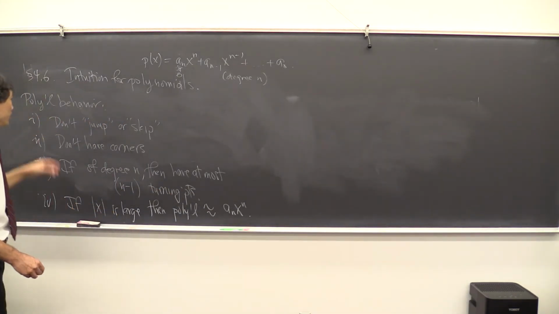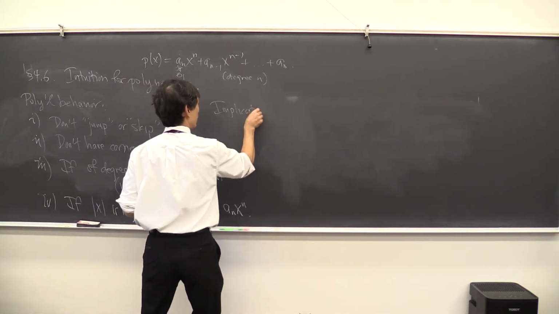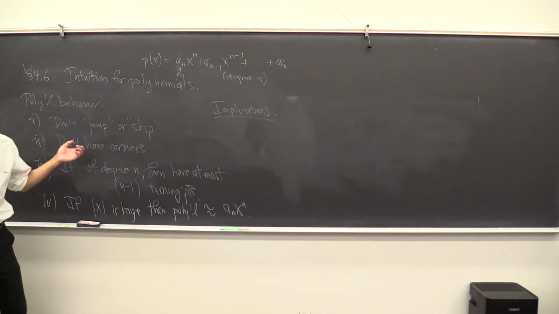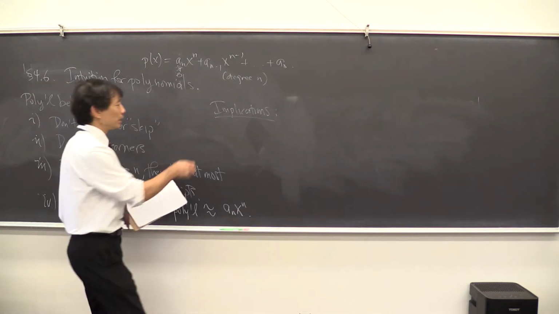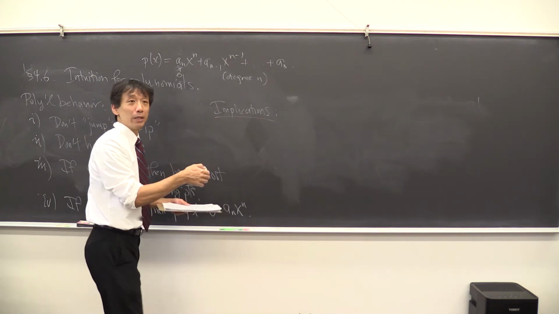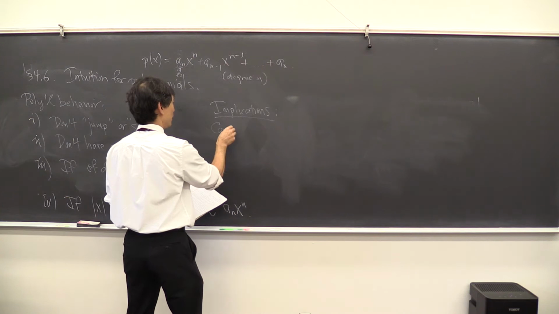Okay, so there are certain implications of these facts. What do these facts tell you? What can they tell you about polynomials? Well, they don't jump or skip. So this basically tells you how to recognize when it's not a polynomial. If you see jumping or skipping, then you know it's not. So you can use this to tell if the function